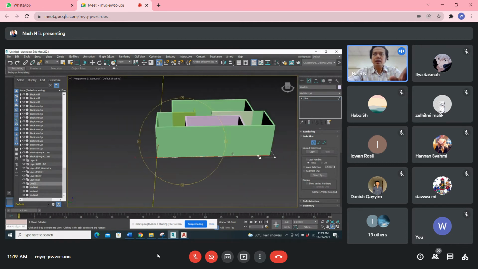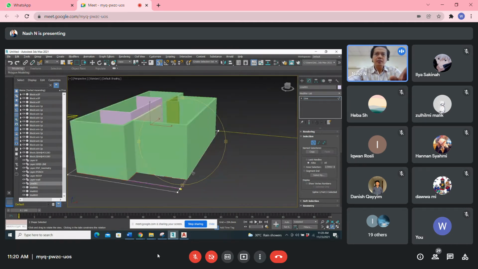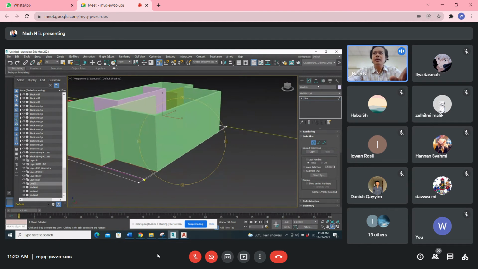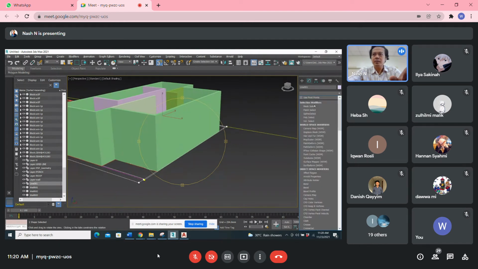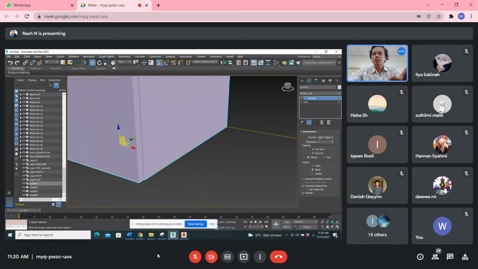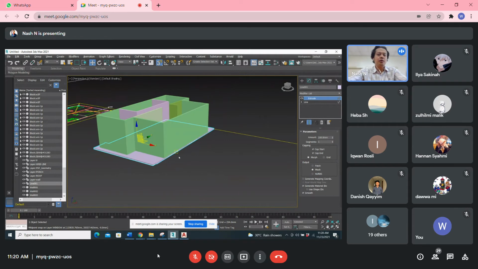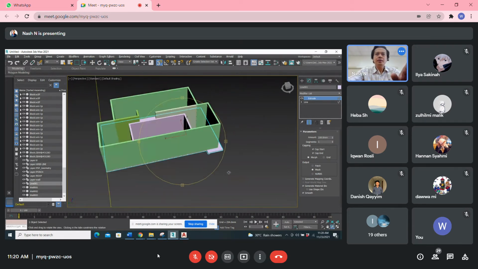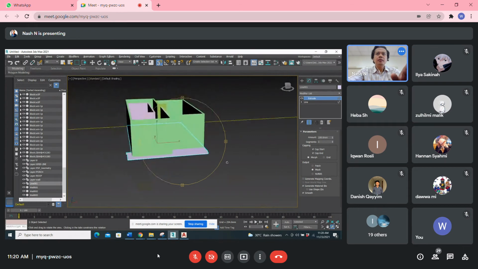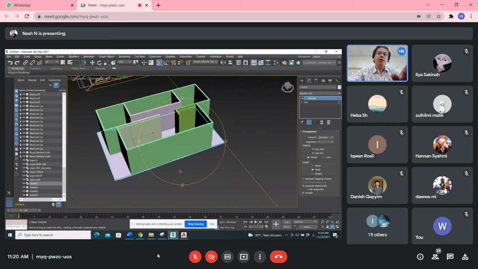Then you can extrude it. Modify list, go here back, and then extrude. For the floor, normally 150 or 100. We put it 100. So that is the floor. Okay, clear. So we finished the floor and wall.